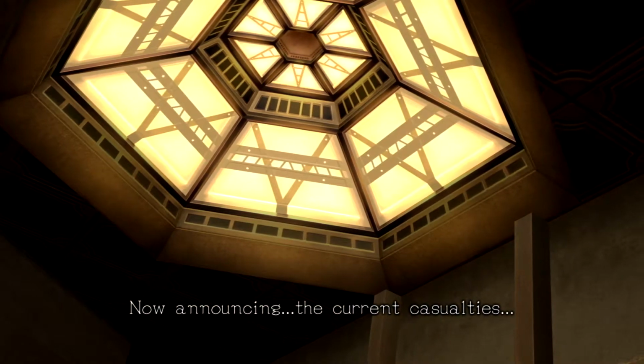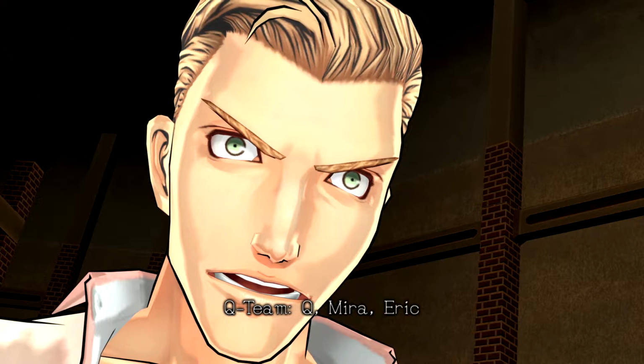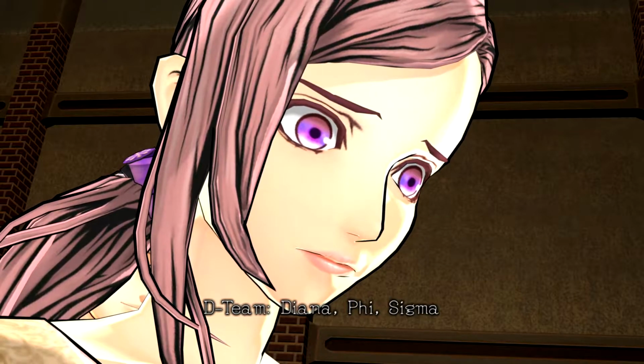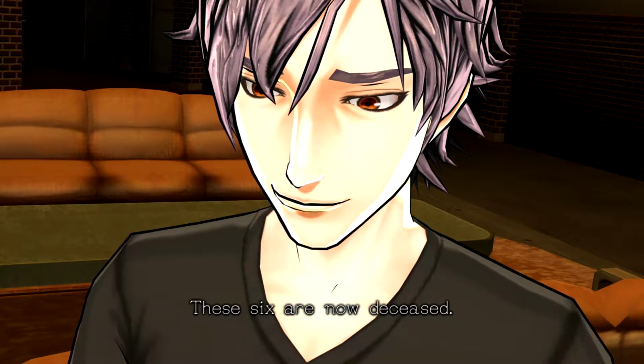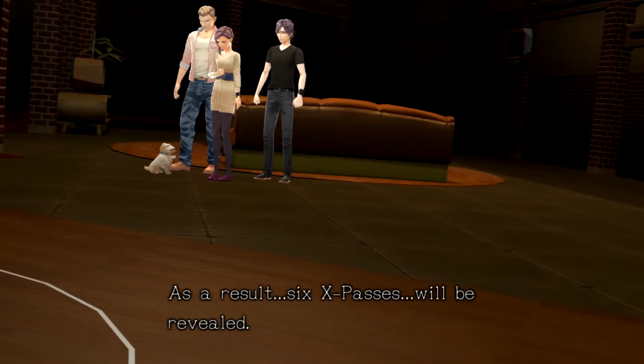Now announcing the current casualties. Q-Team, Q, Mira, Eric. D-Team, Diana, Phi, Sigma. These 6 are now deceased. As a result, 6 X-Passes will...